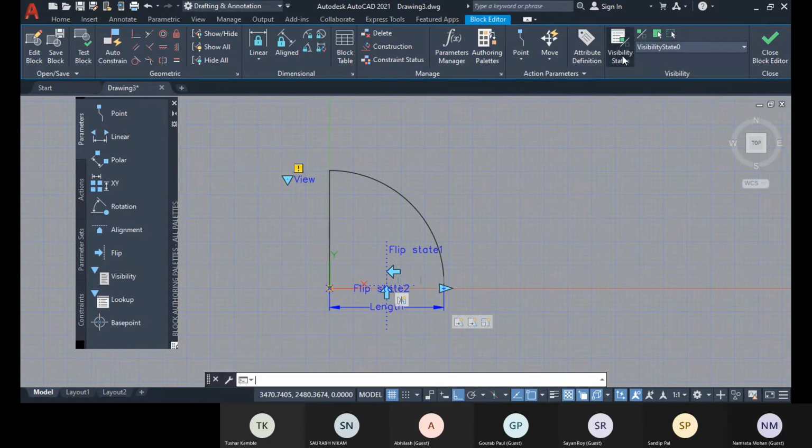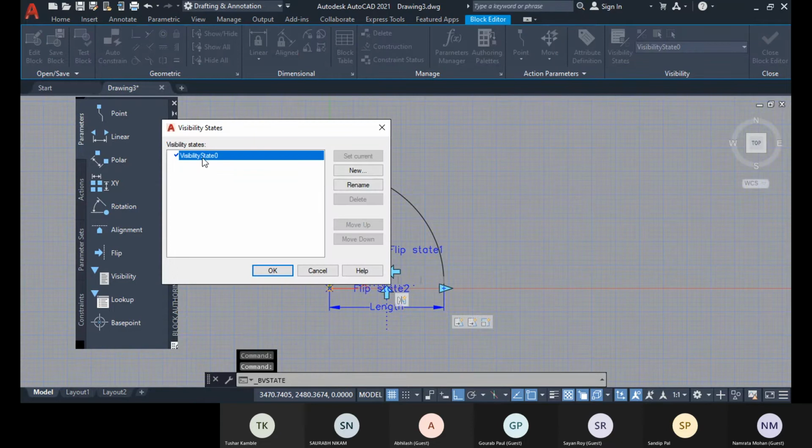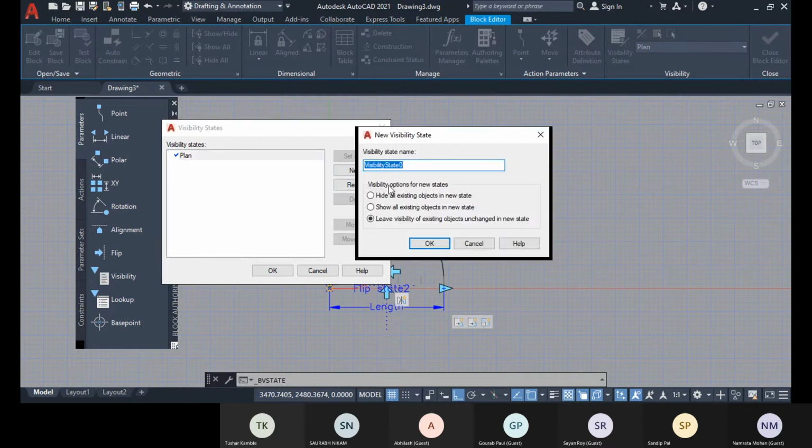You have to name it visibility state 0, and name the visibility state as plan, enter, go with new option, so change it to like elevation.